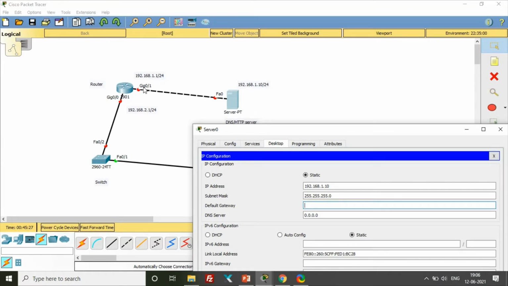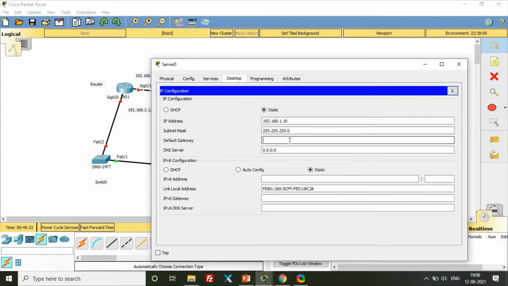The gig 0/1 port IP address is 192.168.1.1, so you can put this IP as the default gateway. The DNS server is the same server, so 192.168.1.10. Okay, that's it.